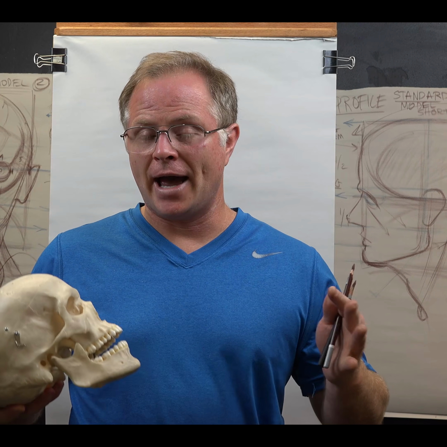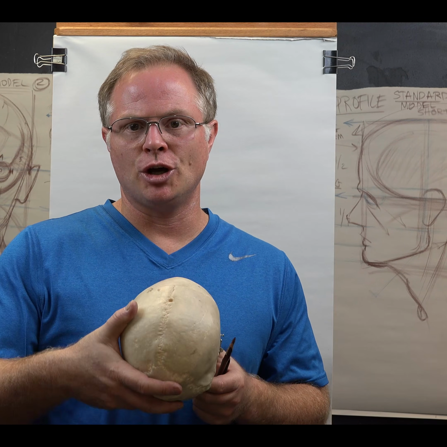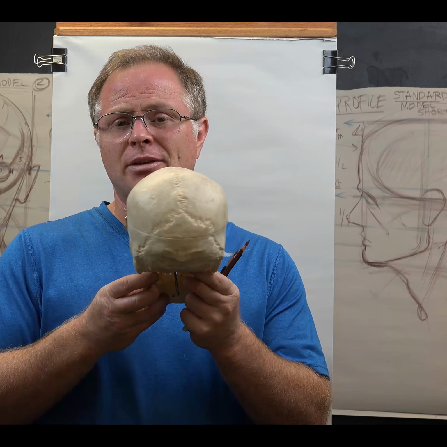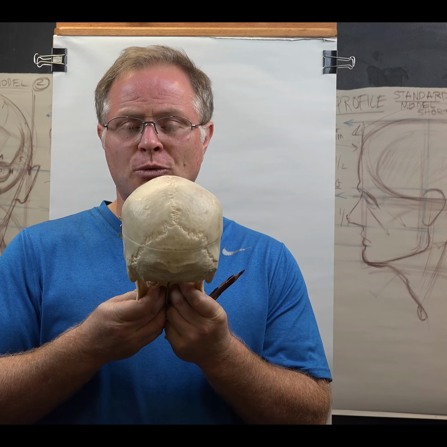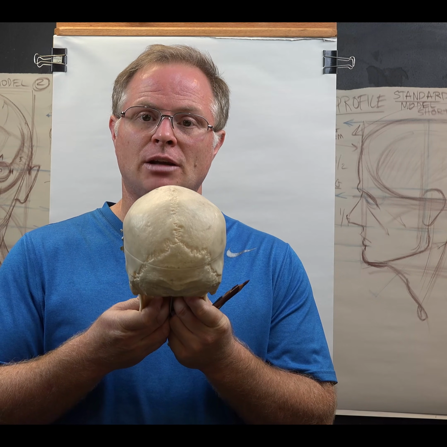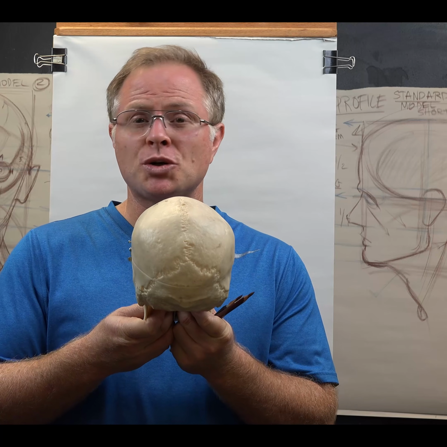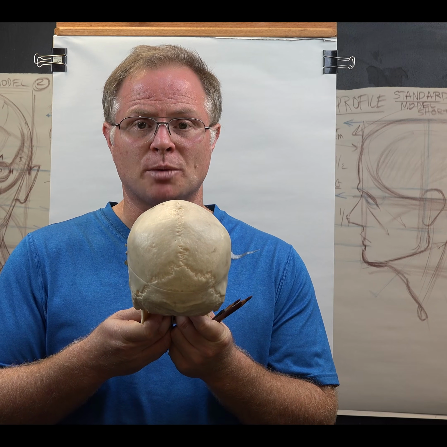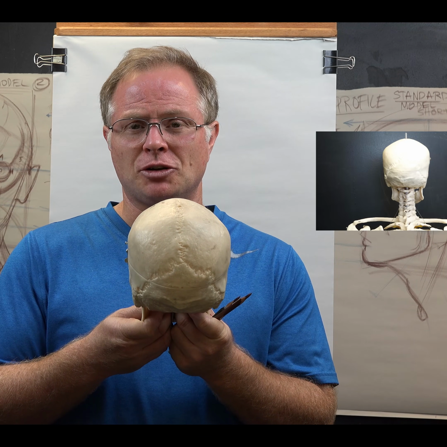So let's take a look at the back view now. Now the back view, as you'll notice, is pretty blunt. You might think it's pretty boring, but it's very rounded, so we can think of the front of the head in proportionally the same ways to get our proportions, and then I'll show you how to find your landmarks if